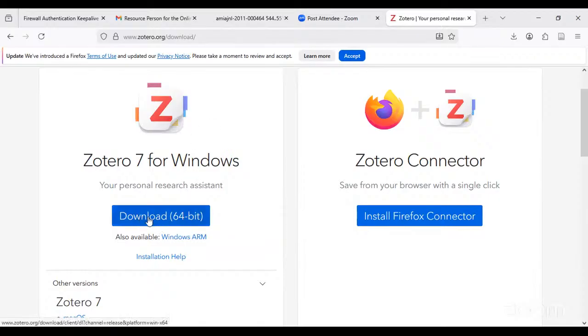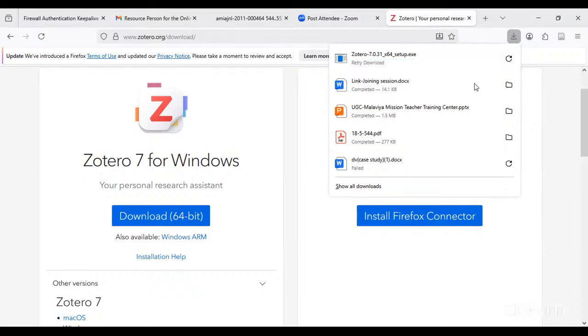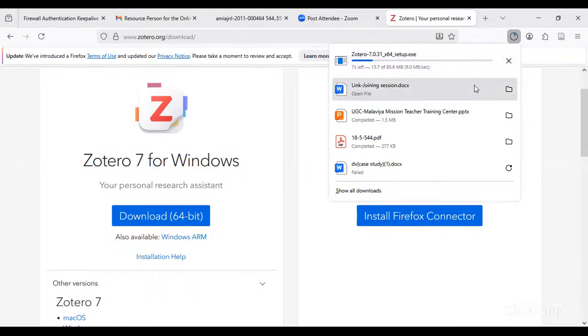First you have to click here on the download button. After that, you can see it is downloading the software. It will take a few seconds.